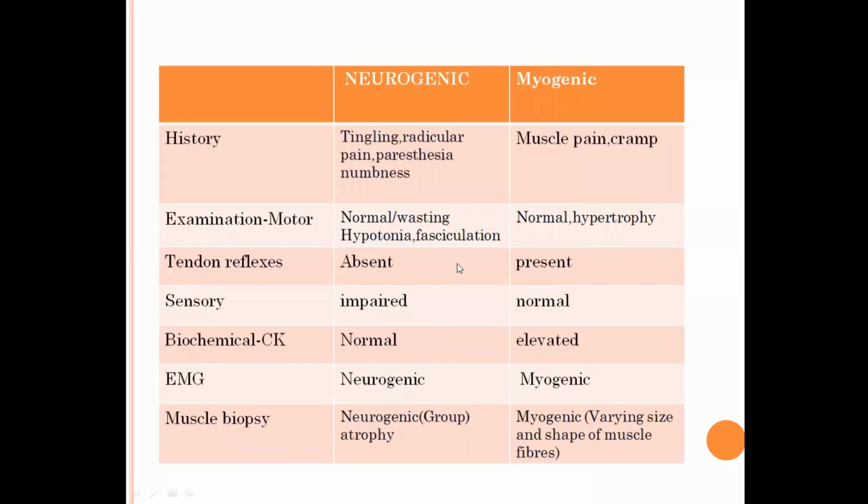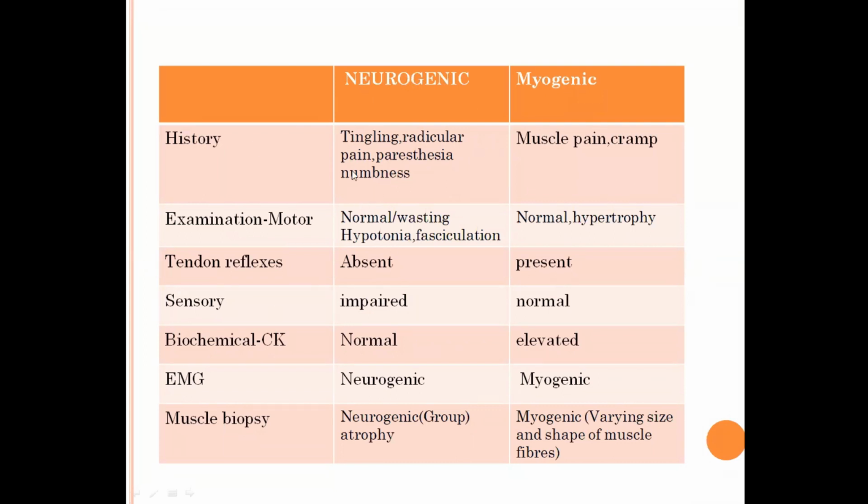Last time we told you about the neurogenic, that is the GB syndrome, the radicular pain. The differentiation between the two I have already told last time. In neurogenic, ask who are the other friends of this patient with proximal muscle weakness. So look for other features of neuro involvement. What is the involvement of the nerve? Tingling, numbness. The patient may have fasciculation, sensory is impaired. So when you see this clinical picture, obviously it is a neurogenic.